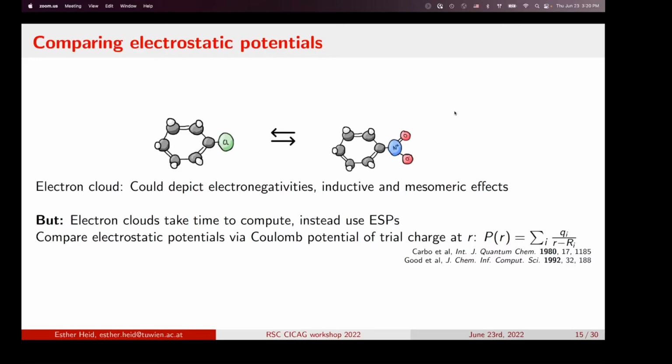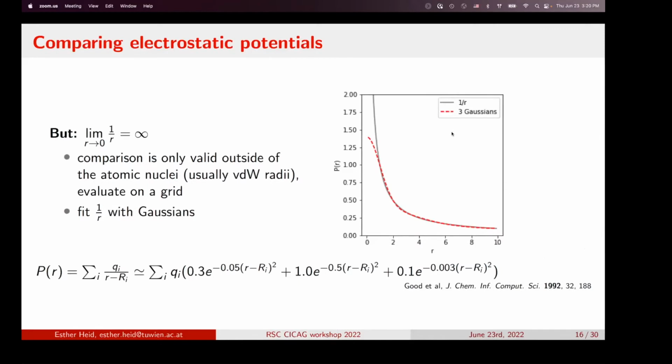And then we try to integrate over that. Well, integrating over something that has a 1/r dependency is kind of a bad idea, because as your distance gets closer, your 1/r function just grows to infinity. So first thing is, you can't integrate over that. Second thing is, it doesn't really make sense to integrate over that, even if you could, because then you just have the contributions of where the nuclei sit, and you would just get a score of whether your alignment is good or not, and you won't really get anything about your electrostatic